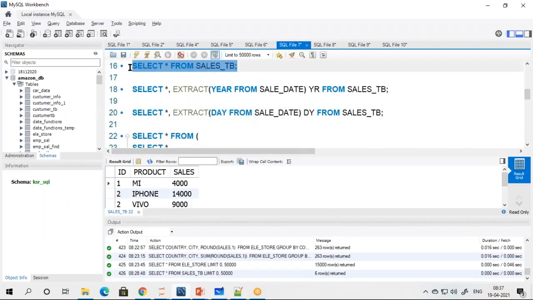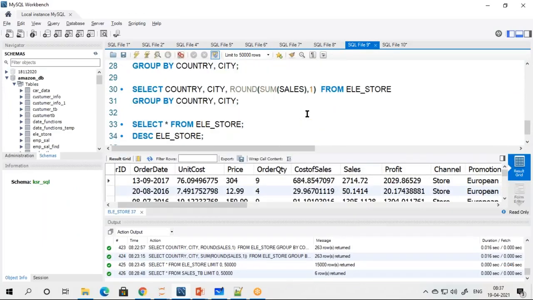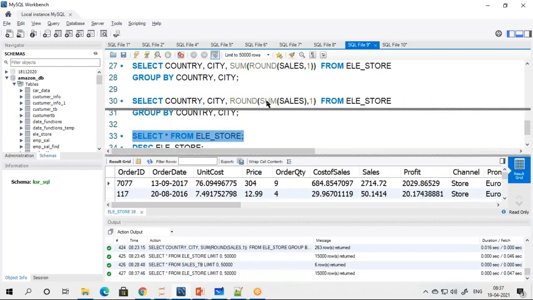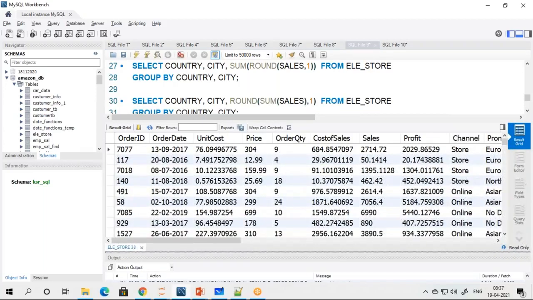Okay, for example, if I run this, maybe this is our electronic store data. So electronic store data is there. This data is the original data. Okay, data will be like this. Data will be like this. So what happens in real time,